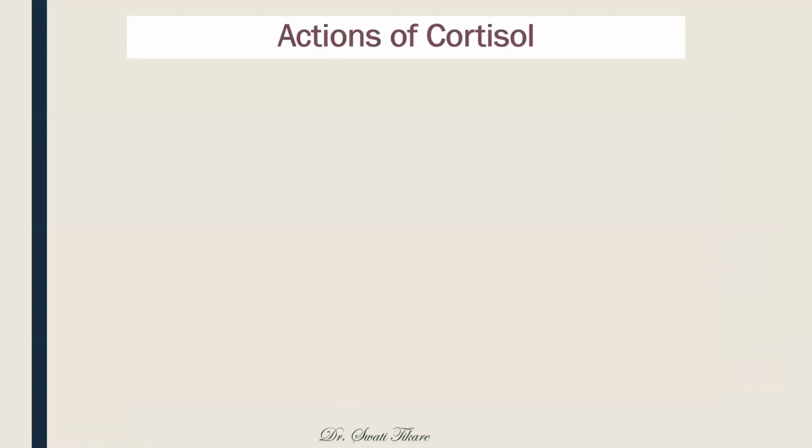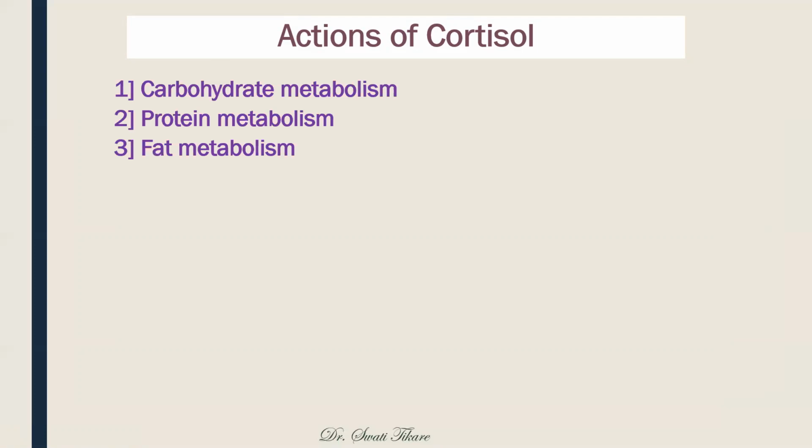Next, coming to the important aspect, we saw the case study. We saw so many actions, so many abnormalities there, so many clinical features. Let's see the actions of the cortisol to understand why those features were there. Most important, the cortisol has several functions just like thyroid hormones. We will try to list a few of them only here, maybe about 8 to 10 actions, and try to learn them.